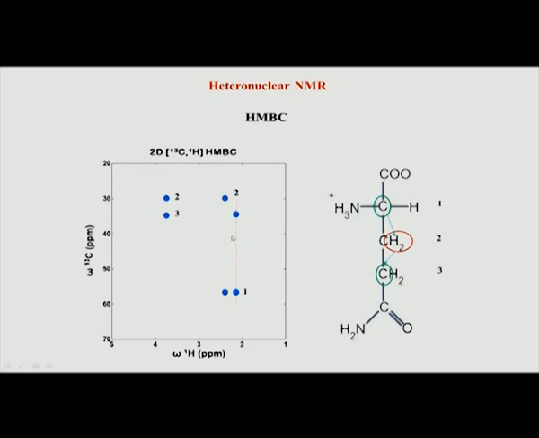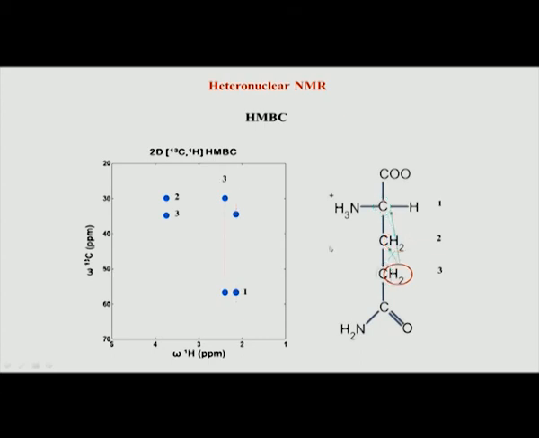Similar to what we saw in the case of the first proton, in this line which corresponds to the middle carbon's proton, if you recollect, we saw a peak around 2.2 and we got a peak somewhere here. Now that is gone because it is suppressed, but we are seeing long range information coming here. So on the hydrogen corresponding to 2, I am getting a peak for carbon number 1, which is this carbon, and carbon number 3, which is this carbon.